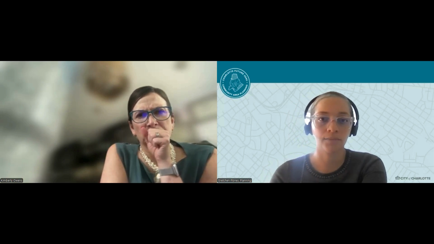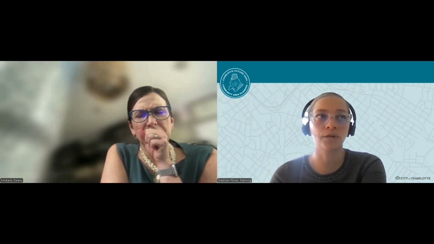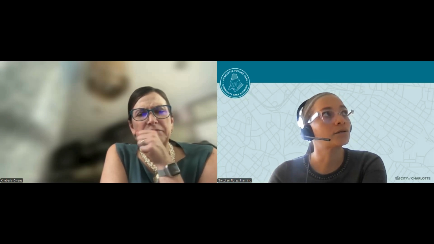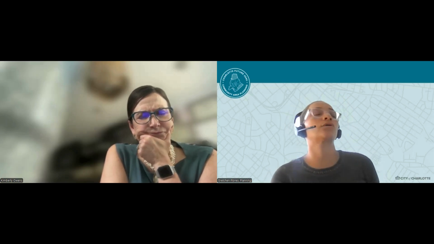Continues to be the number one, regardless of where you are in the city. The concern about infrastructure, in terms of we have all of this growth, is infrastructure really keeping up with demand? These plans can really help point to some of where the gaps are, and from a decision-making standpoint, point to where the opportunities are for filling in some of those gaps in terms of capital investments.